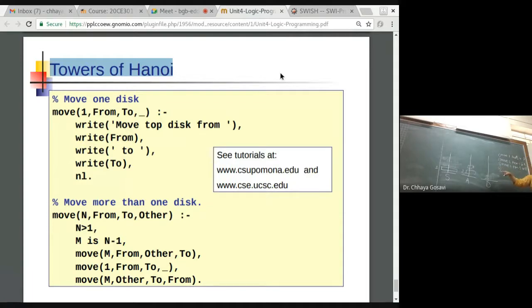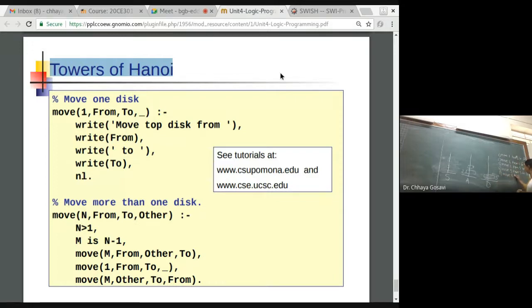Move three from source to destination. Note that every time we are moving the top most disk from one to another. So now what can we do? What is the next step? One to source. We cannot do 1 to 3.